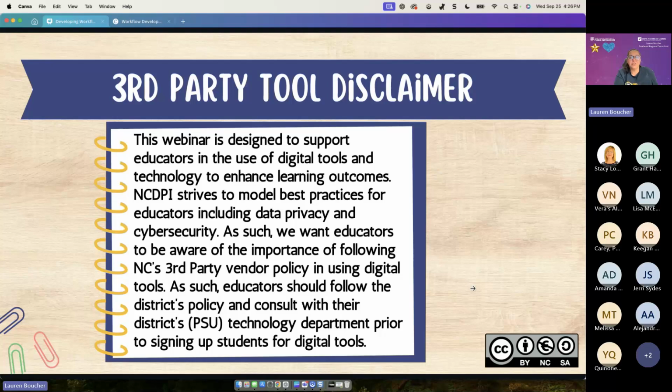I don't think any of the tools that I shared require student accounts. Pretty much all of these, when students access, they're accessing with a code that then brings them into your area of the tool that you're signed into.